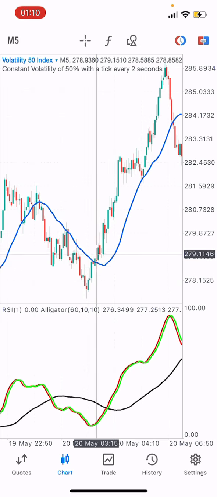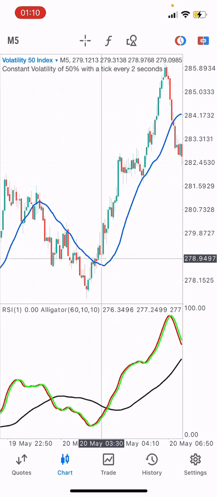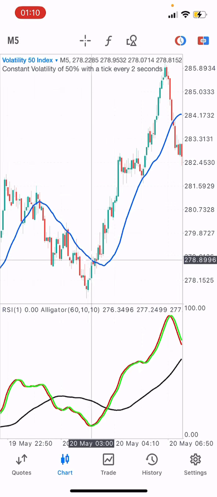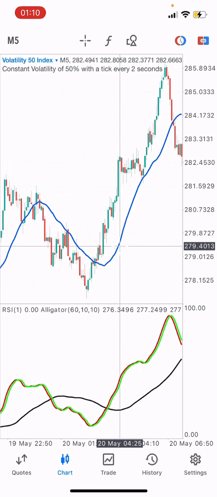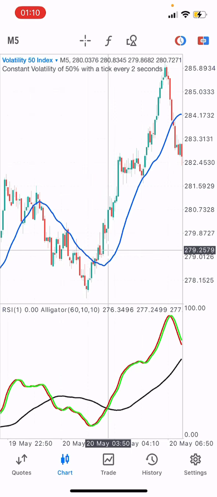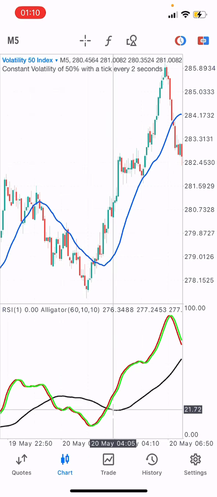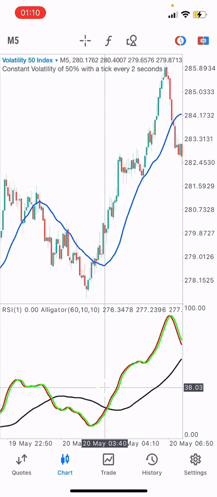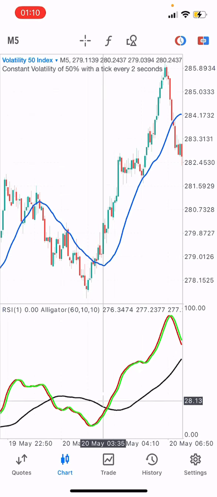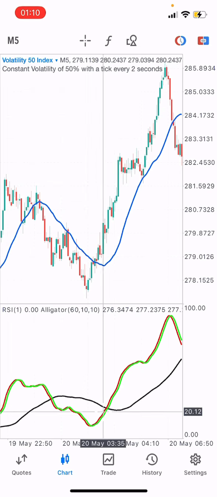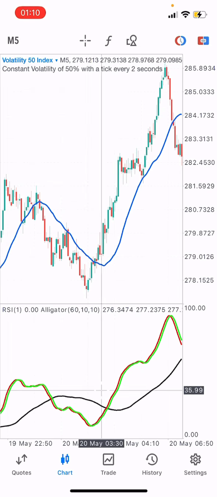So this is the intersection we have on our main chart. The period 20 moving average crossed over the price action. So that means the price action is now above the period 20 moving average. If you look at your alligator right here, you should notice that the black moving average crossed over the other two moving averages. So this is your entry signal,